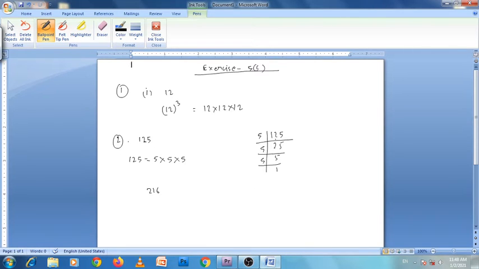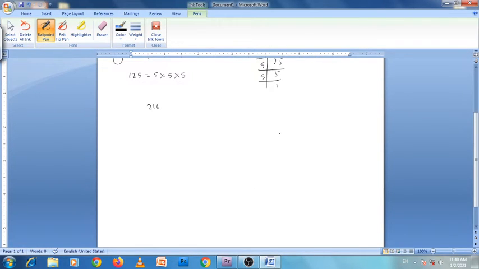So what are the prime factors of this? This will be 216, 2 1s are 2, 2 8s are 16, 2 5s are 10, 2 4s are 8, 2 2s are 4, 2 7s are 14, 3 9s are 27, and 3 3s are 9, and 3 1s are 3. So we can write it 6 cube, 6 into 6 into 6. So this is a cube of 6. So this is also a perfect cube.